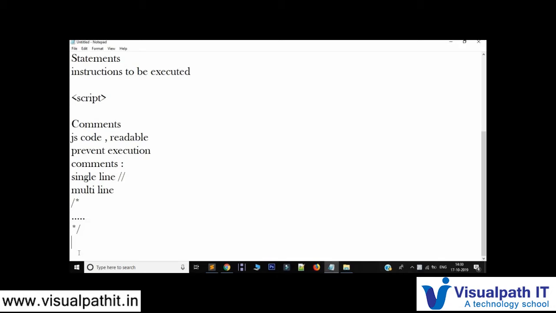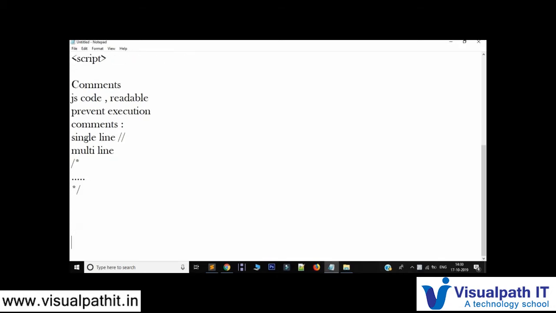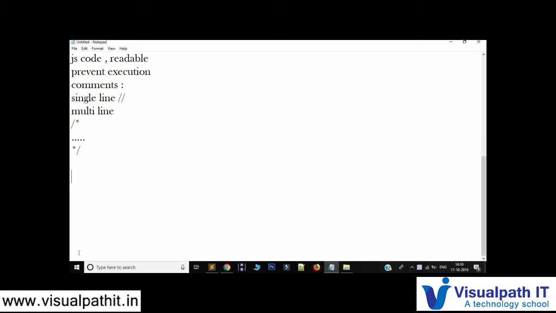Okay, now let's go to the next most important and most interesting topic in JavaScript, that is JavaScript pop-up boxes. If you would have noticed in many websites, when you click on a button, you get an alert that on clicking this something will happen, or your form will get submitted, something like that, right?